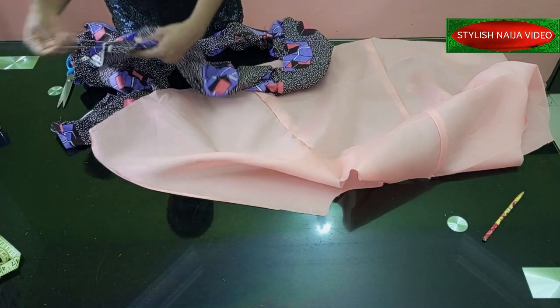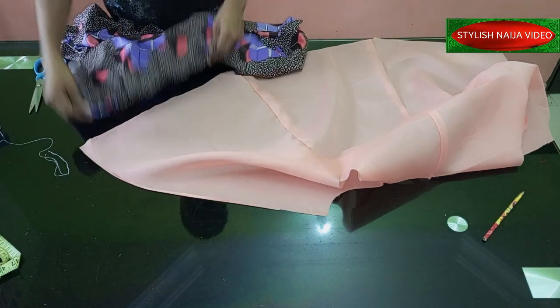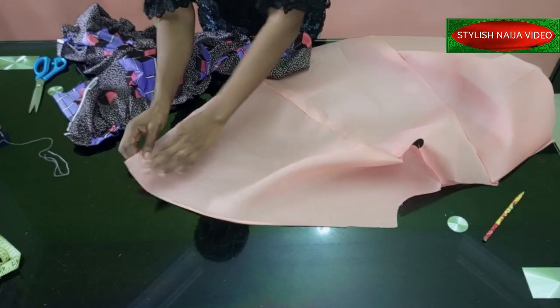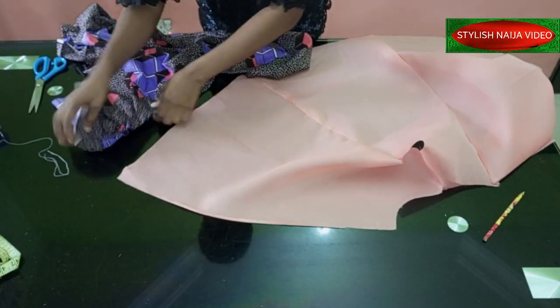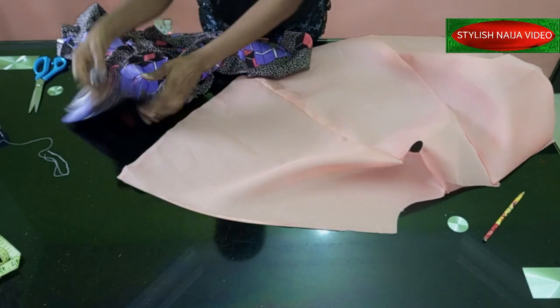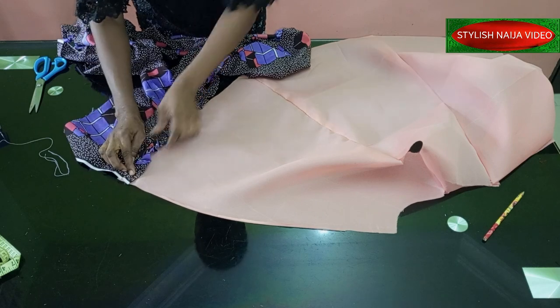So since I made this kind of pleat or gathers, I'm going to be doing a top stitch. For the down part, I'm going to use an overlock when I'm done. If you are not using an overlock, you can just fold it before attaching this. So for this one, I'm going to take it like this. On this part, I'm going to start